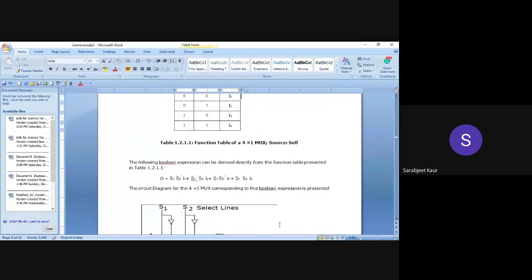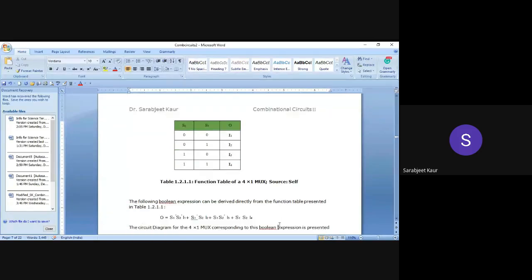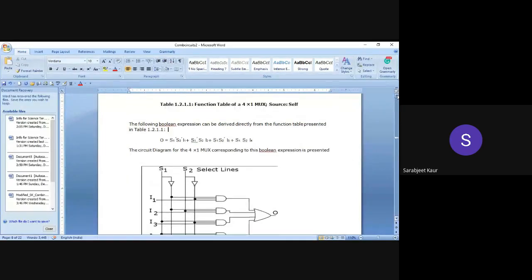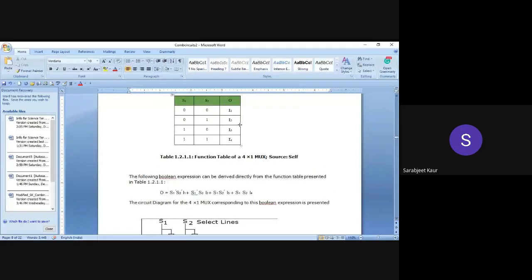So now from this function table, we can directly draw out a Boolean expression for the output variable O. We see here. So you can see that O is equal to, we say that either I1 is 1, please see, I1 is 1, and at the same time,